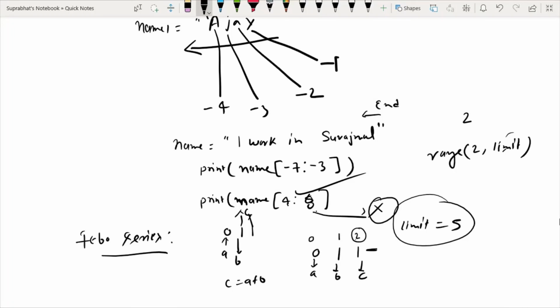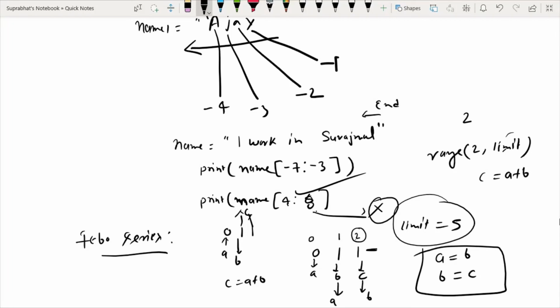The logic is that C equals A plus B. Now this C becomes B and this B becomes A. So A becomes B and B becomes C: C equals A plus B, then print C, and the value of B becomes A, and the value of C becomes B. This is the logic that we have to apply in the Fibo series question.